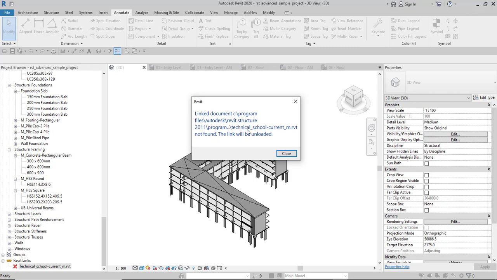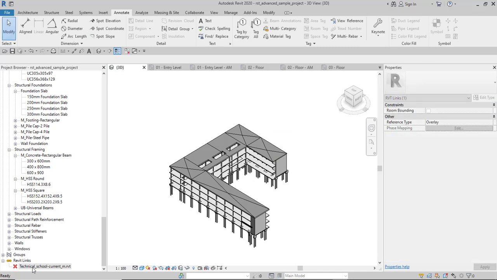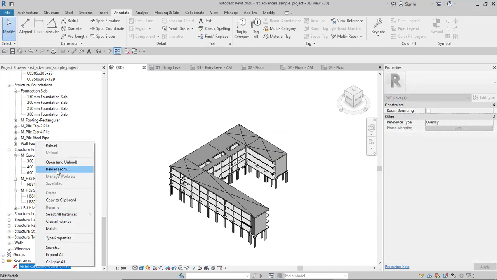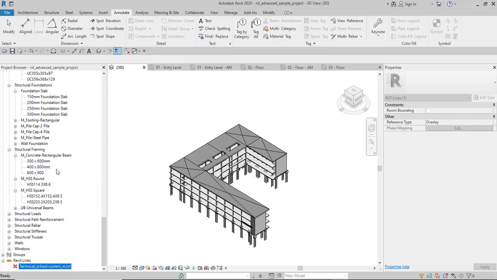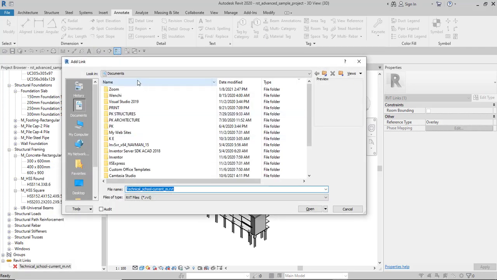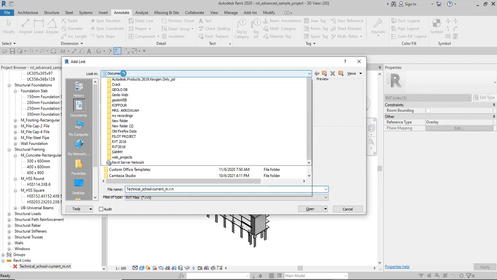Link document cannot be found. The link could be unloaded. Okay, so we have to reload it from the source. So I'll right click here, reload from, so that I'll go to the source where I know the file is, which is in the program data folder, and then load it from there. So I'll go to reload from, then go to my computer,